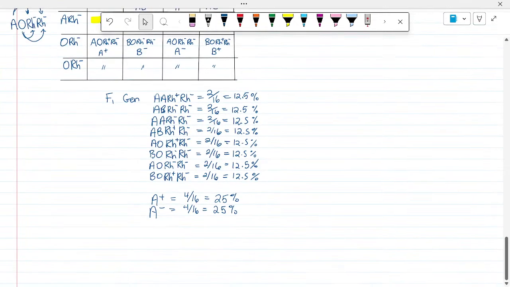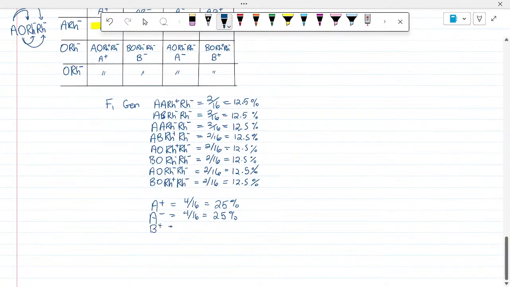So B positive, there's only 2 of 16. B negative, there's 2 of 16. And then what was the other? AB positive, there was 2 of 16. And AB negative, there's 2 of 16. And these are all 12.5%, right? Okay. So first things first, hopefully you learn from this that there's not a lot of detective work to be